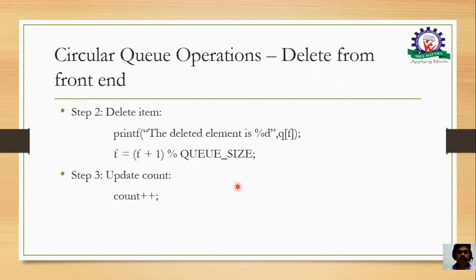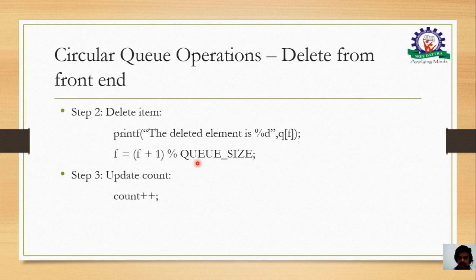Then I will increment the F again, using the second way of incrementation that we did with the rear end. So here also I will use the modulus operation. I hope you remember why the modulus operation is utilized. So I increment F is equal to F plus 1, then the previous pointer where the front end was marking will be released, made free, and then the item is deleted. Once I do either a deletion or an insertion, I need to update the count value. So that is what I am doing, count is equal to count plus 1.